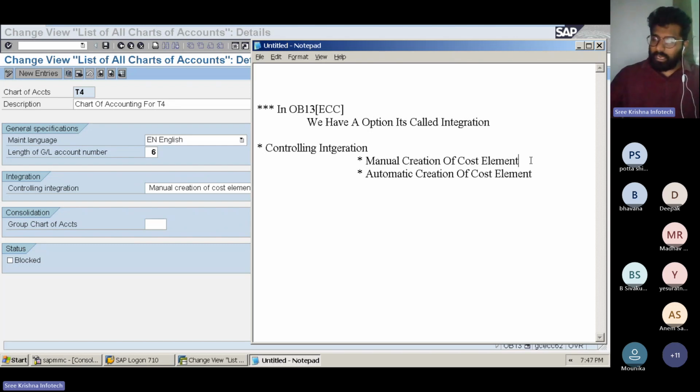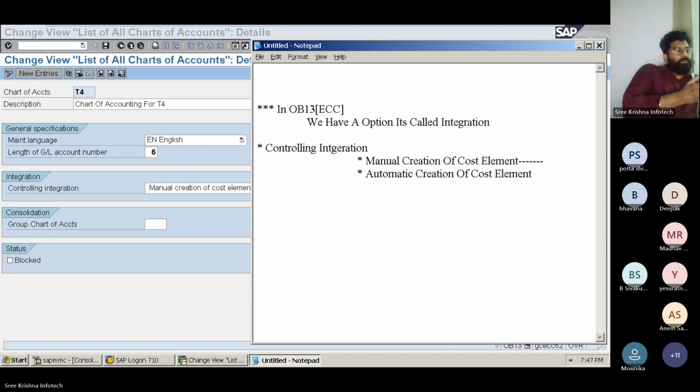Okay, when we are creating a ledger, the ledger is relevant to profit center accounting or